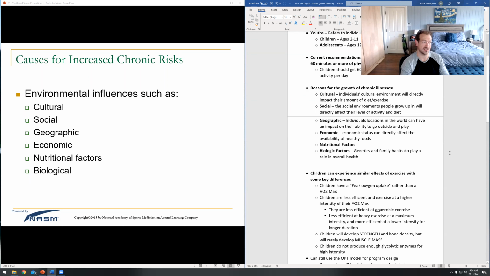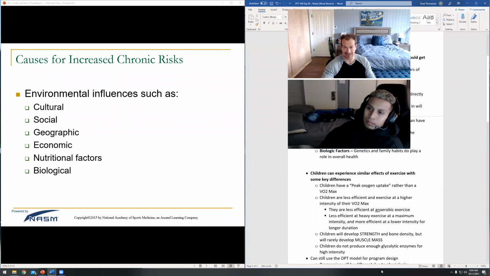Obviously your biology is going to play a role there. We all know that one guy who eats and eats and eats and then just never gains an ounce. Like, we all know that person who works out like crazy and struggles with their weight. There certainly are some biologic factors there, but no matter what, we know, when it comes to these